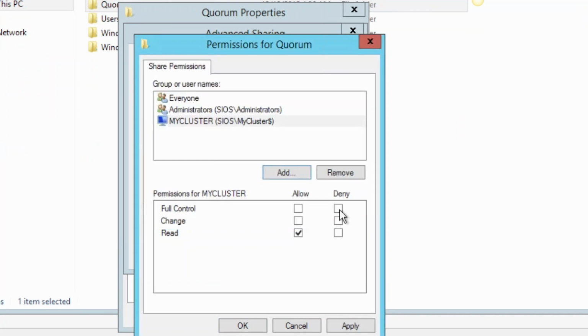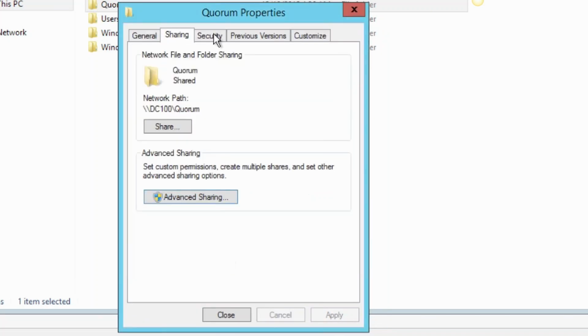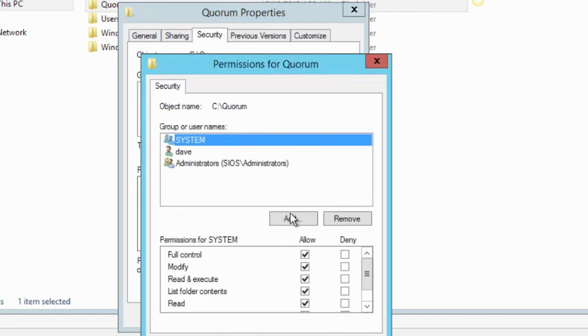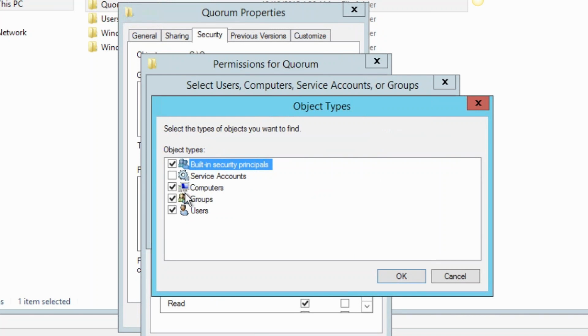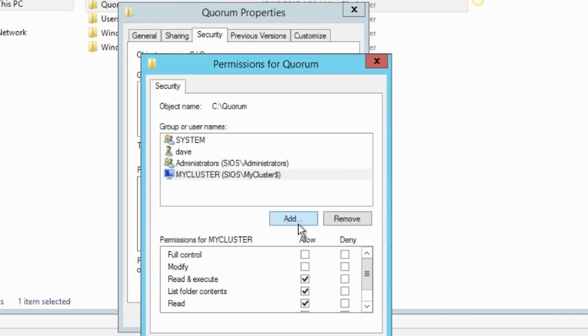Check name and give it change permissions, and then same with the security. We're going to add the my cluster computer object. And once we set up the permissions properly, we can jump back to the Failover Cluster Manager and run the